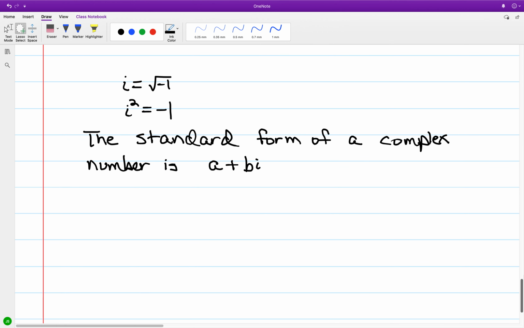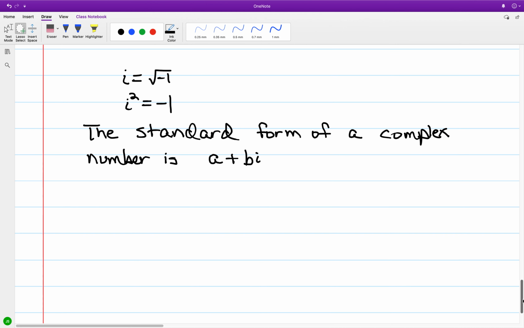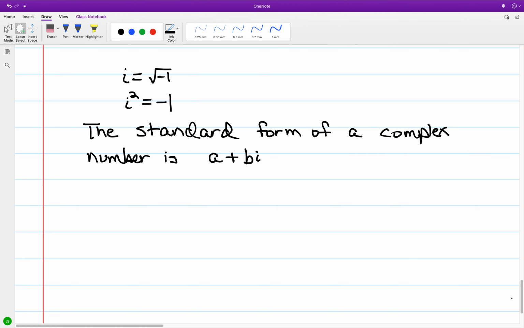Okay, going back to complex numbers, we just looked at the standard form of a complex number, which is a plus bi. Now we're going to be looking into complex conjugates, but let me give you a case